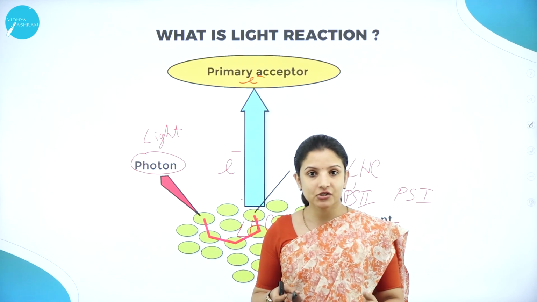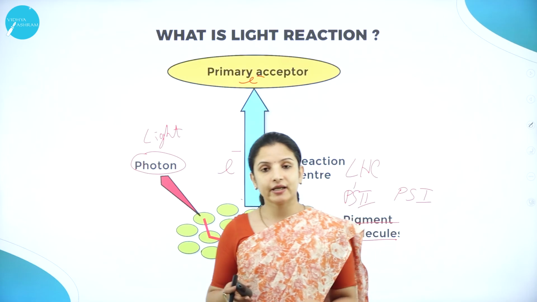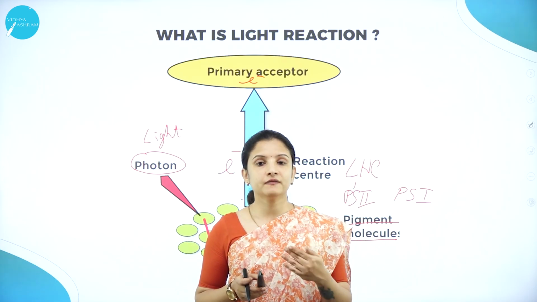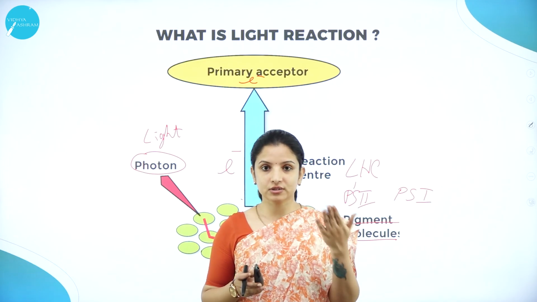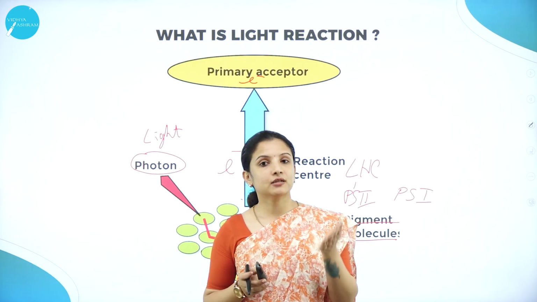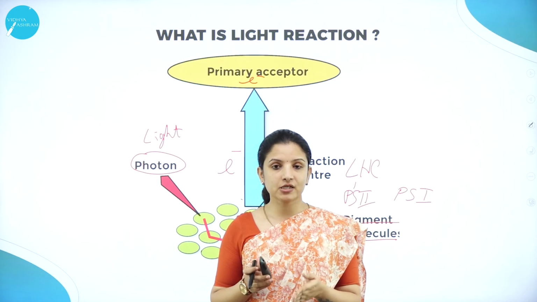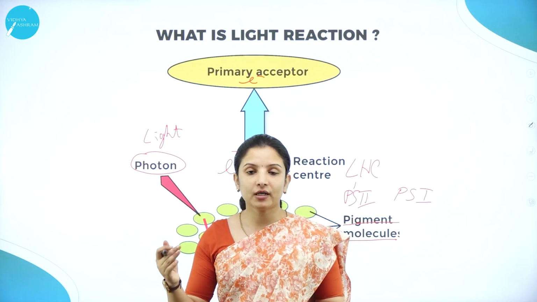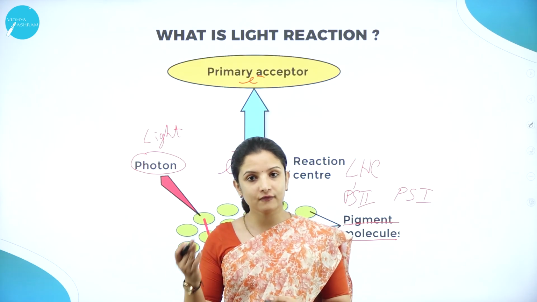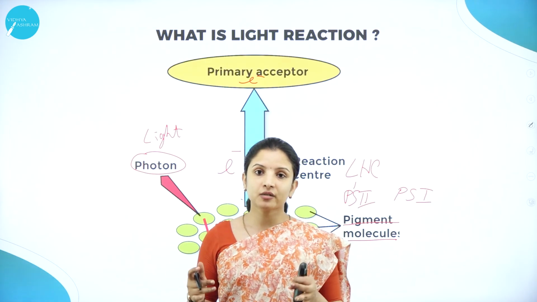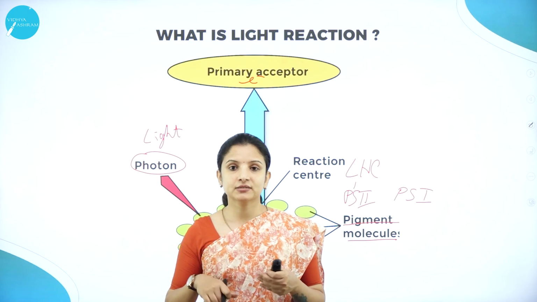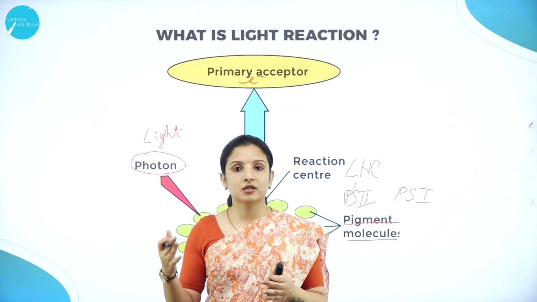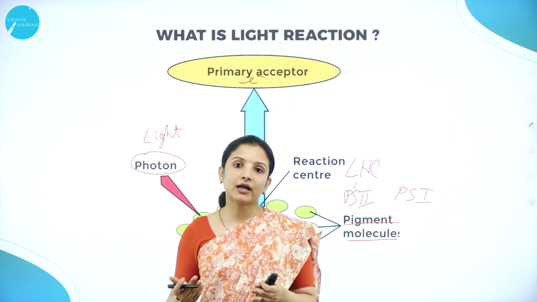In the coming sessions, we will discuss in detail about these two photosystems: photosystem 2 and photosystem 1 take part in the non-cyclic photophosphorylation, which is also called the Z scheme, and photosystem 1 takes part in the cyclic photophosphorylation. And during that process, how the ADPs get converted to ATPs and how the NADPs get converted into NADPH, all that we will study in the